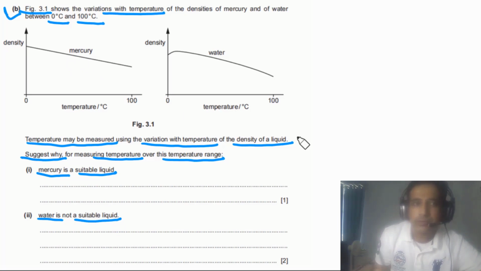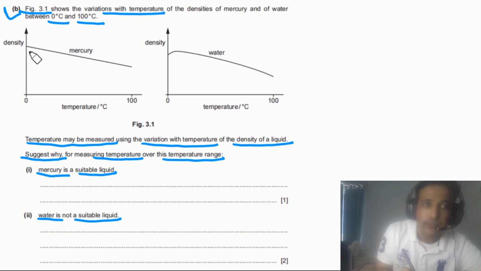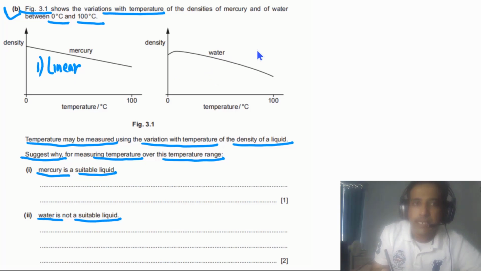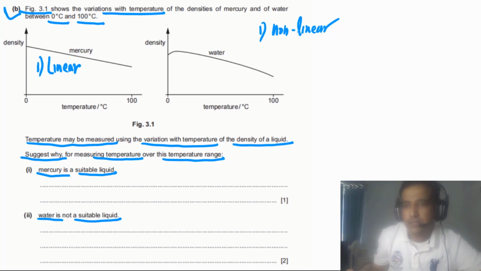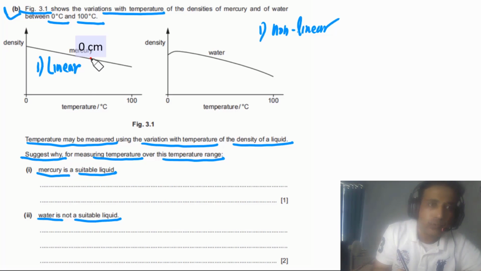If we look at this graph, we can see this graph is linear. So one thing we can say about this graph, this one is linear. But if you look at this second graph, this graph is non-linear. So this one is non-linear. This one is linear, and also it has a unique value of density